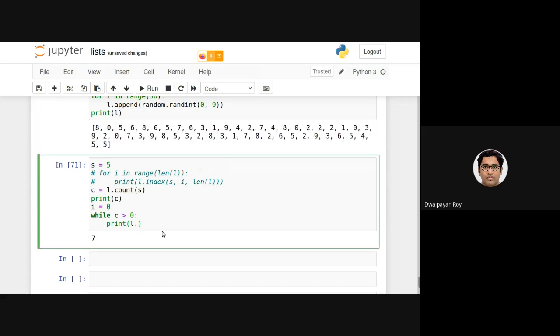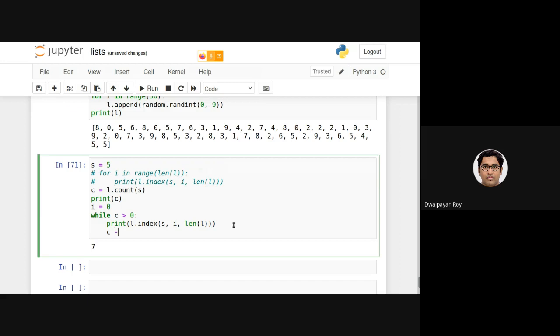This is the first thing: L.index of 5, starting from i, ending up to this. We know when i is 0, this will return the first location, in this case 2. We then need to decrement the count c by 1, and then start the searching from the location that this returns, plus 1, to make the second search, right?